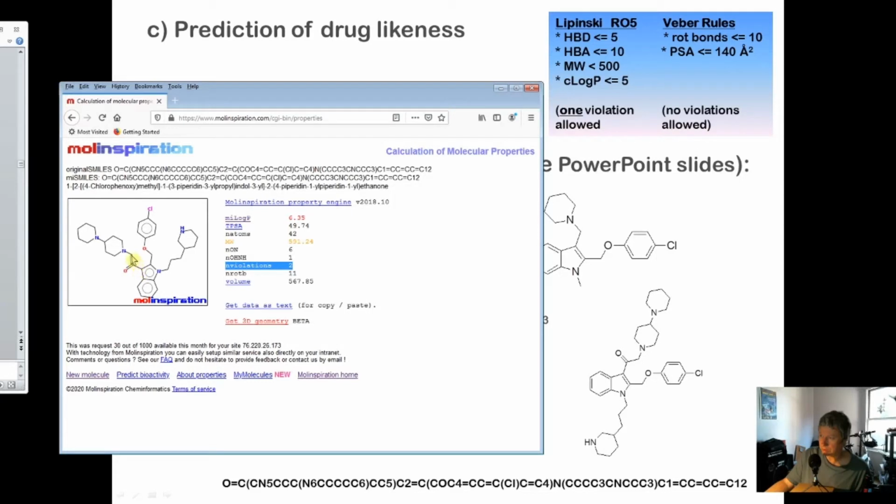It's 1, 2, 3, 4, 5, 6, 7, 8, 9, 10, 11, 12. No, it's actually, I get 12. Do it one more time. 12. So nevertheless, both of us, me and the computer program, agree that we have too many rotatable bonds for the Weber rules. PSA is fine,